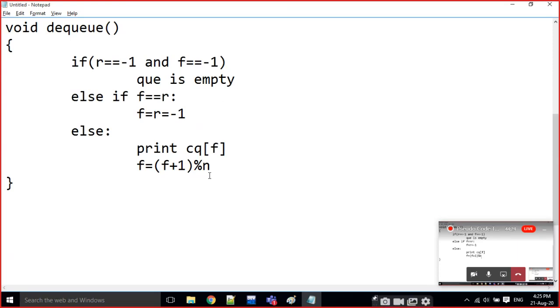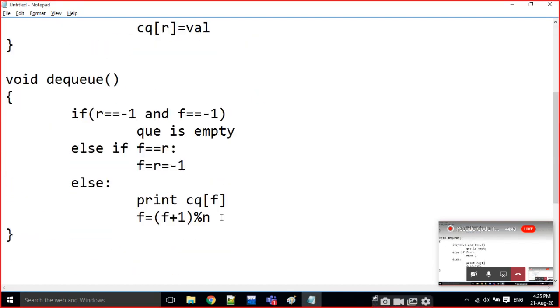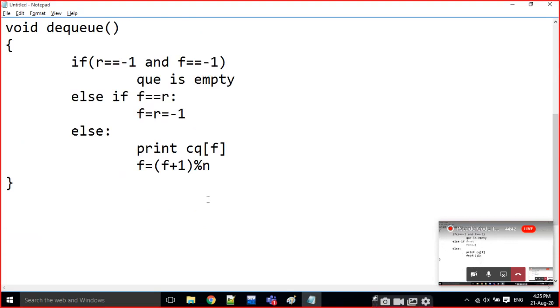In the circular queue also, for insertion and deletion the time complexity is order of 1, no doubt about that. Every time we are just deleting, that's it. Inserting also is only one step, there are no for loops at all. We are doing one operation. That's why the time complexity is order of 1 only.